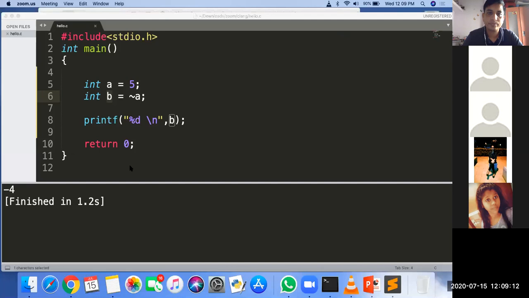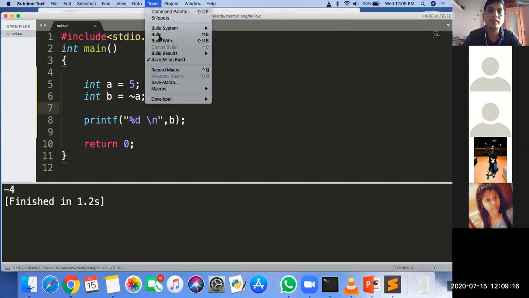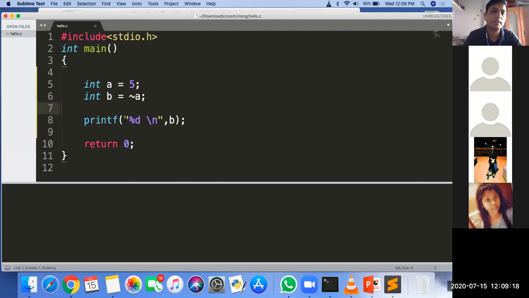Okay, checking the answer, it should be -6. So no need to calculate. Here I am giving you the formula. If this type of question appears in your exam, what you need to do is take the number and directly complement it, and that complement value gets stored in another variable.